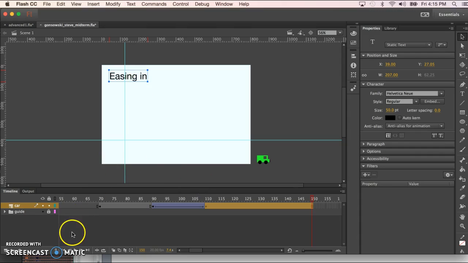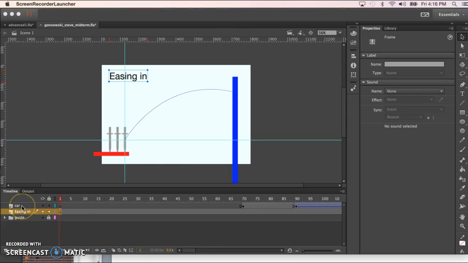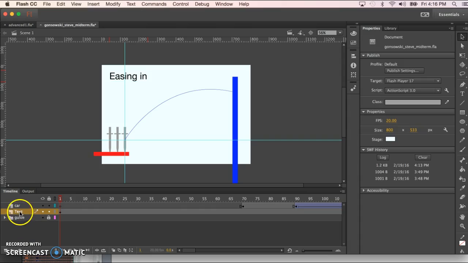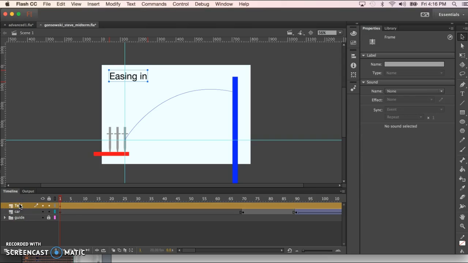And we should also distribute that to a layer, because we don't want it on the same layer as the car, which has animation. We'll use this as a layer that we'll probably keep outside of any folders, and we'll just call it text. And that did happen to show up at the very first frame, so I'll grab it and drag it to where we want it to show up, which should be